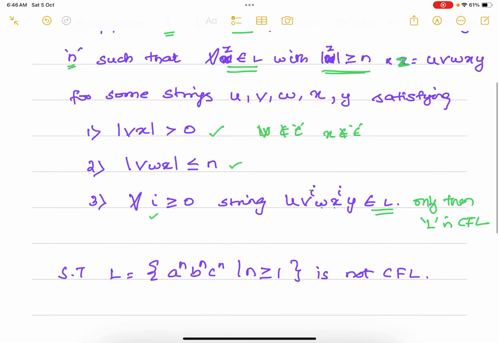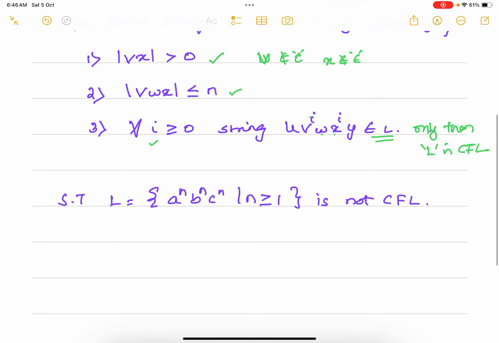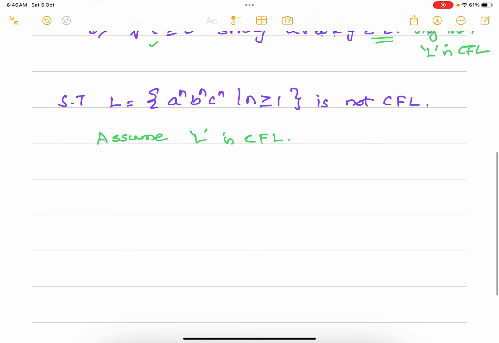We will use this lemma to prove that L equals a power n, b power n, c power n, such that n greater than or equal to 1, is not context-free. So what is the first step we'll be doing? We are going to use the proof by contradiction method. So we will assume L is a context-free language. Now you have to select a string Z belonging to L with the condition that the length of Z should be greater than or equal to n, and Z should be divided into strings U, V,